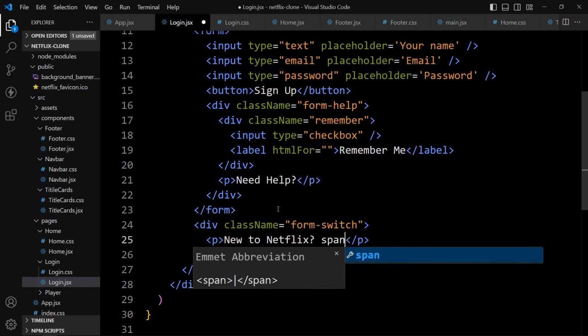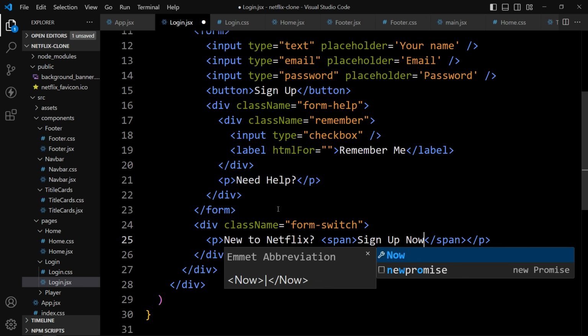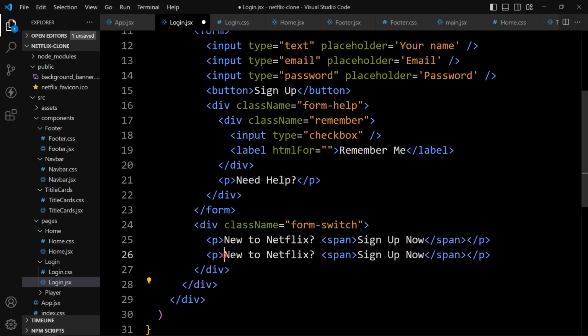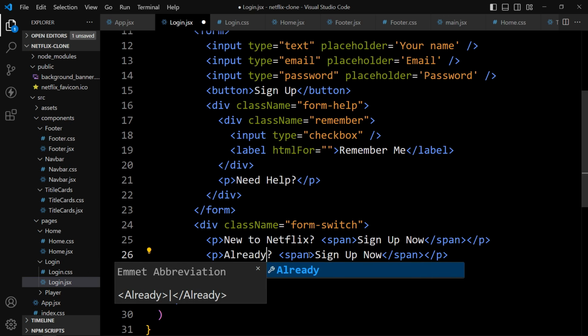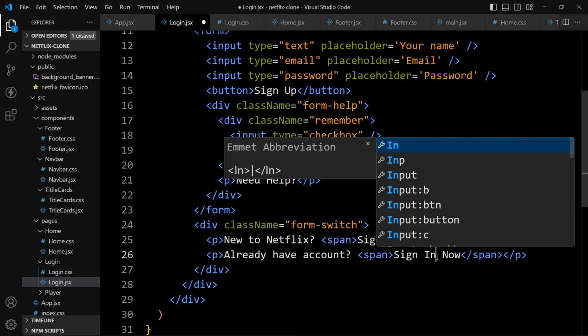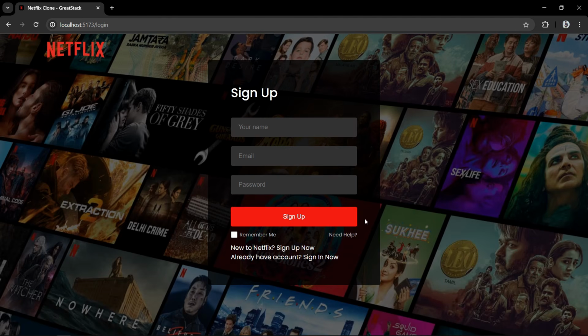Then we'll add the span tag, and in this span we'll add sign up now. Now duplicate this, and here we'll add already have an account, and let's add sign in now. After adding this, let's open the web page. So you can see new to Netflix, sign up now, already have an account, sign in now.